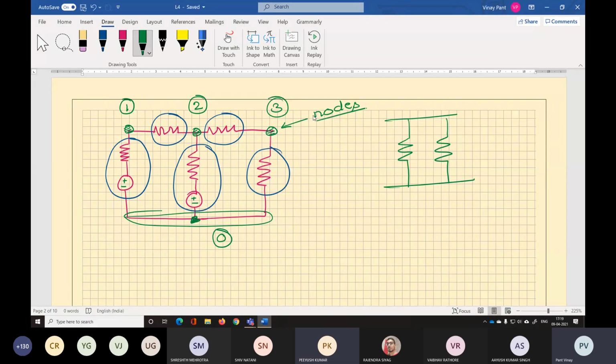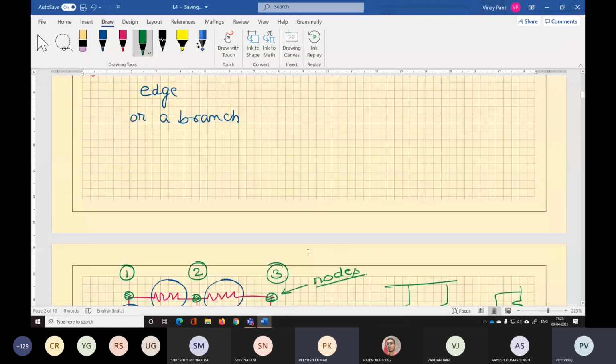Sir, if a resistance is connected with a current source, will they work separately? It will never be treated as a series, my child. Who will connect a resistance in series with a current source? If that is the case, you will treat this as a separate element, because it doesn't qualify as any of your above mentioned elements.